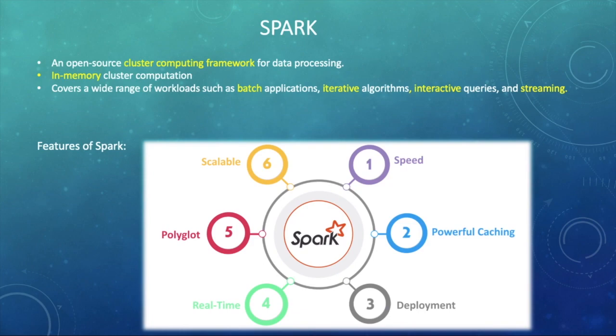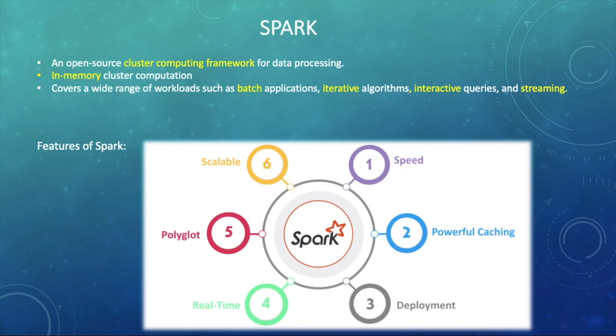Then third, we also have multiple deploy modes in Spark. It can be deployed through Mesos, Hadoop via Yarn or Spark's own cluster manager. Then Spark provides real-time computation and low latency because of its in-memory computation.